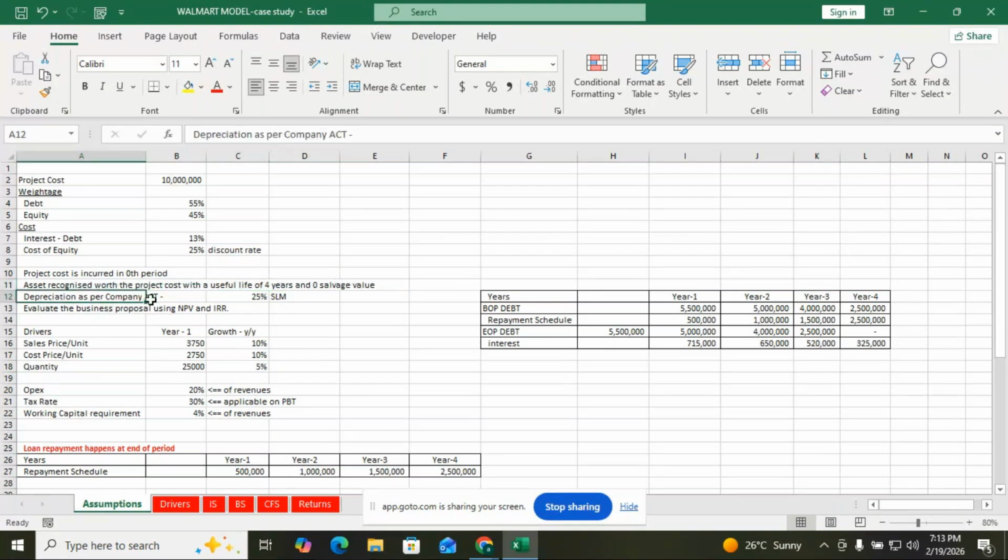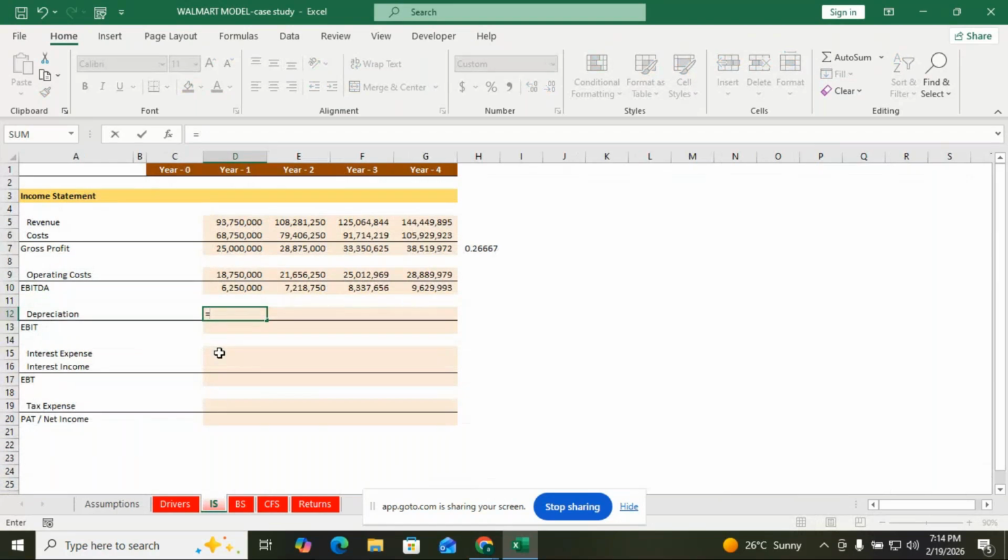The depreciation as per the Companies Act is 25%, and the straight line method is followed. Straight line method means you have a uniform amount of depreciation for all the years. So you have to compute 25% of your 100 lakhs. You can go back to your income statement, equals to,